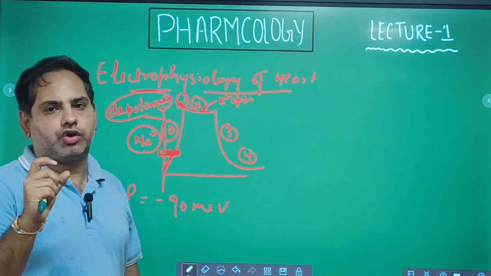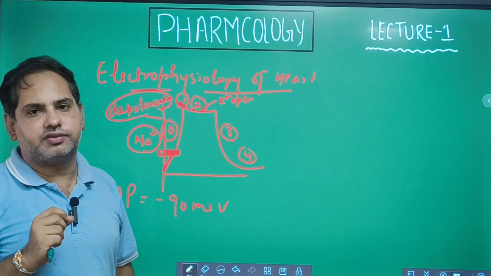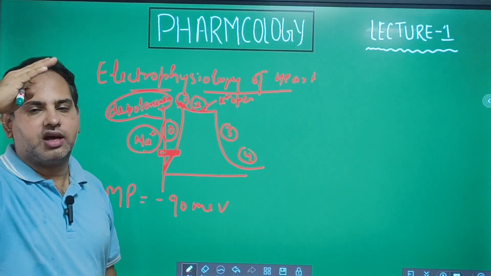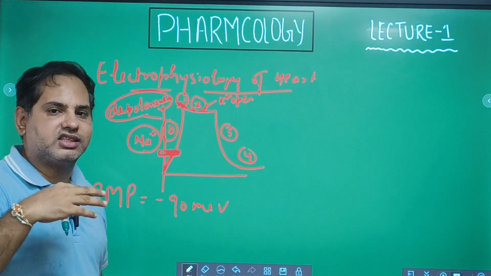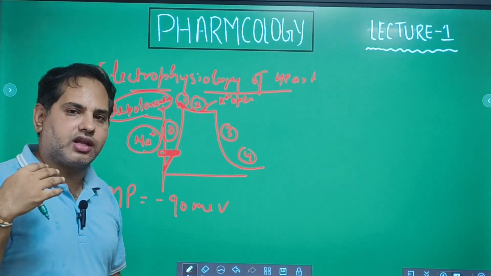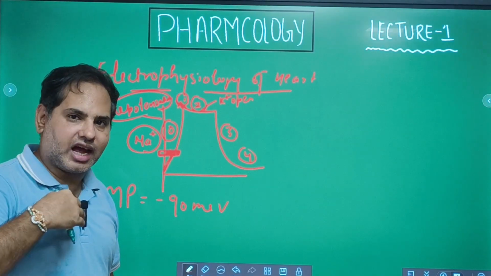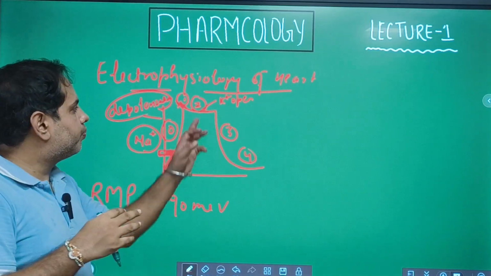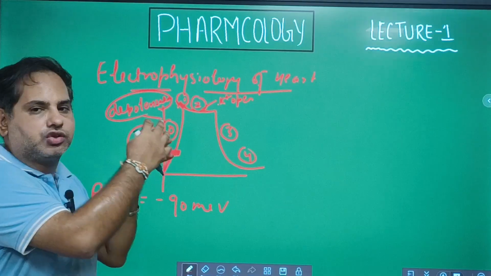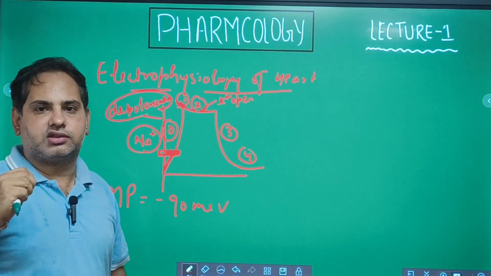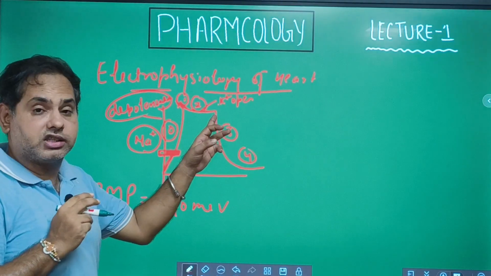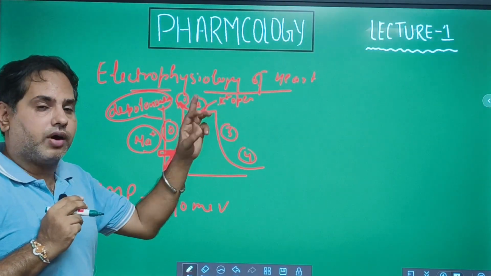Potassium channels, whenever they open, even though potassium carries a positive charge, your action potential will not go towards the positive side. The reason is that potassium inside the cell is more and outside it's less. So whenever the potassium channel opens, the movement of potassium will happen from inside to outside. And when potassium ions move from inside to outside, your action potential goes towards the negative side, right? So again, the potassium channel is open, but